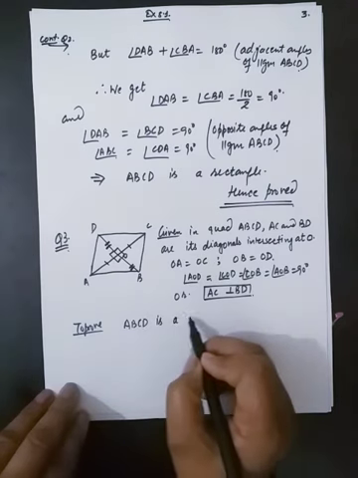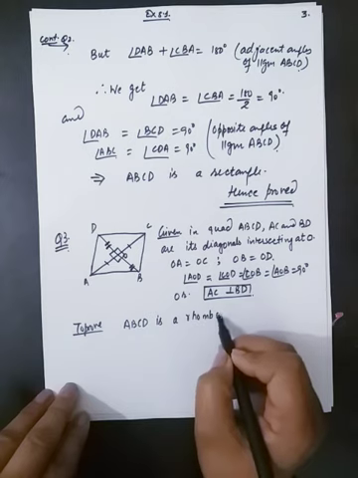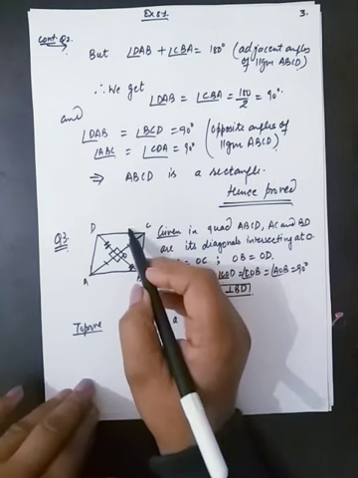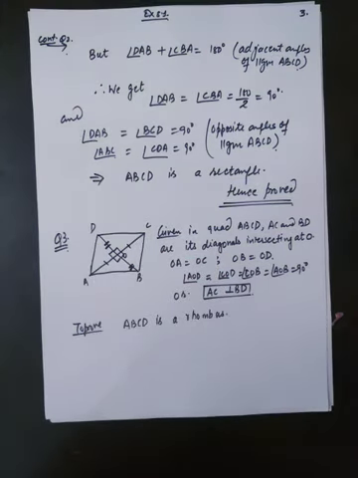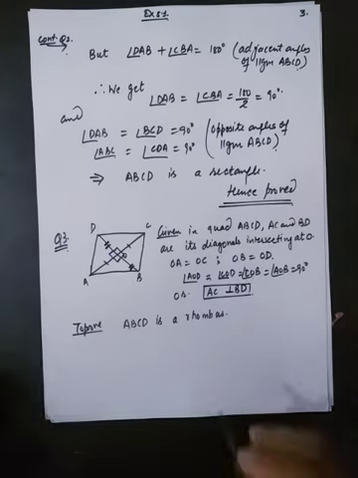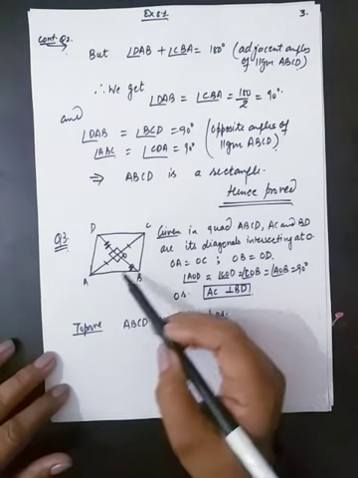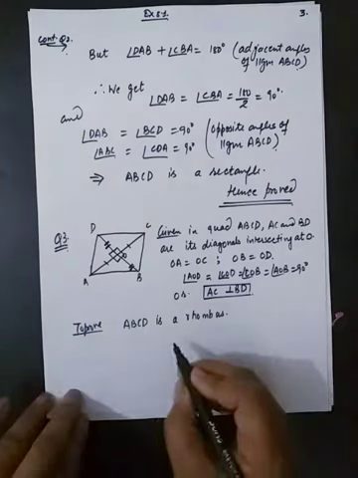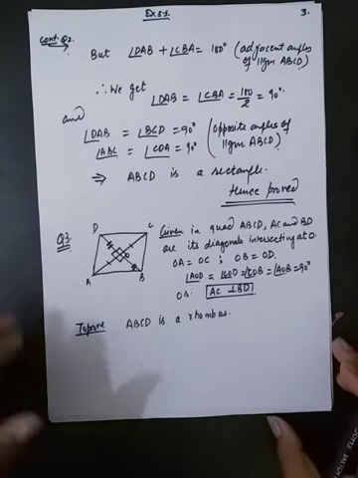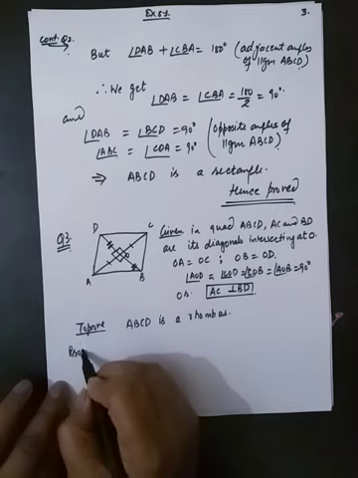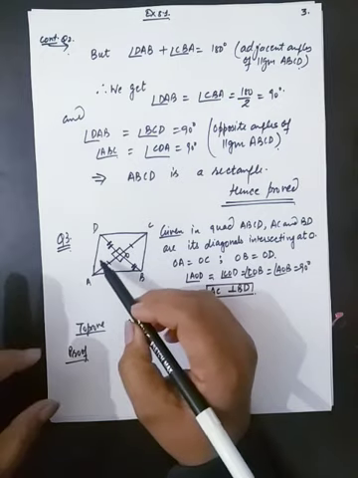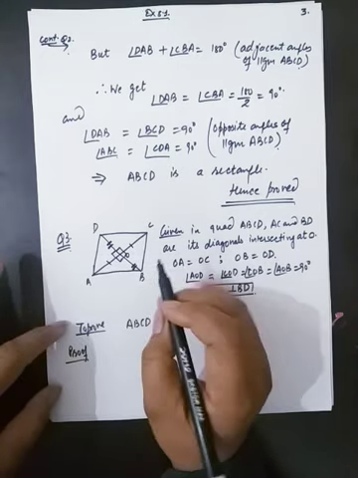And to prove, ABCD is a rhombus. Now rhombus means we have to prove that AB is equal to BC is equal to CD is equal to AD, because a quadrilateral is a rhombus if all its four sides are equal in length. So indirectly we have to prove that AB, BC, CD and AD are equal in length. So for this what we have to do? Again we have to take the help of congruency of triangles. Proof. In this figure you can see there are four triangles. You have to take two adjacent triangles to prove this question.